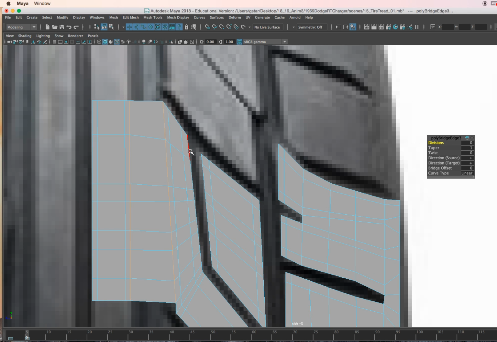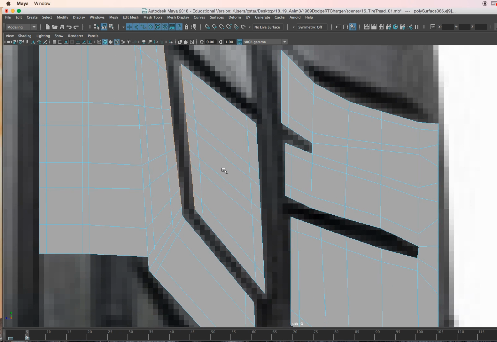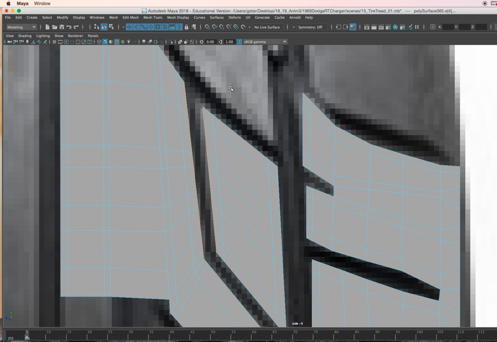Cool. 1, 2, let's double click. And then if I press G, it's going to repeat the previous command. Not unless it doesn't like it. So it's 1, 2, 3, 4, 5, 6, 7, 8, 10, 11, 12, 13, 14,